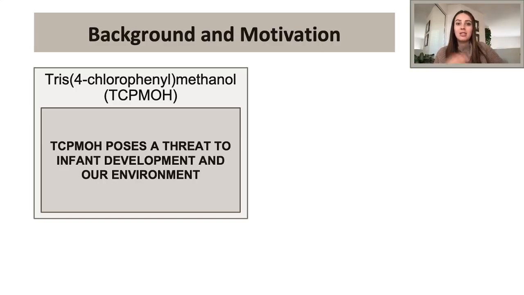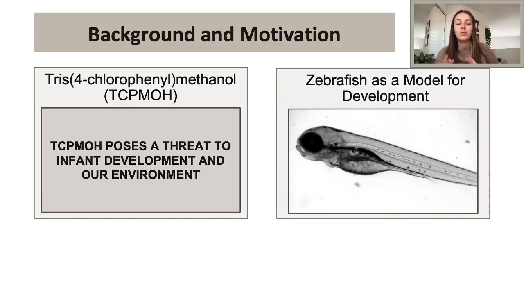My study objective is to use mathematical and computational models to explain the way that TCPMOH affects development. And to do that, I use zebrafish as a vertebrate model for development. Zebrafish are a widely used vertebrate model, mainly because they are completely translucent, as you can see here on this microscopy image on the screen. When you look at them under a microscope, you can see all their organs develop, which helps in assessing deformities